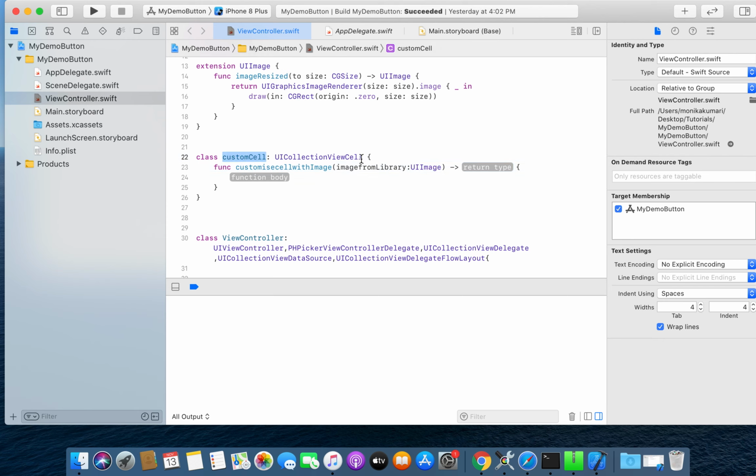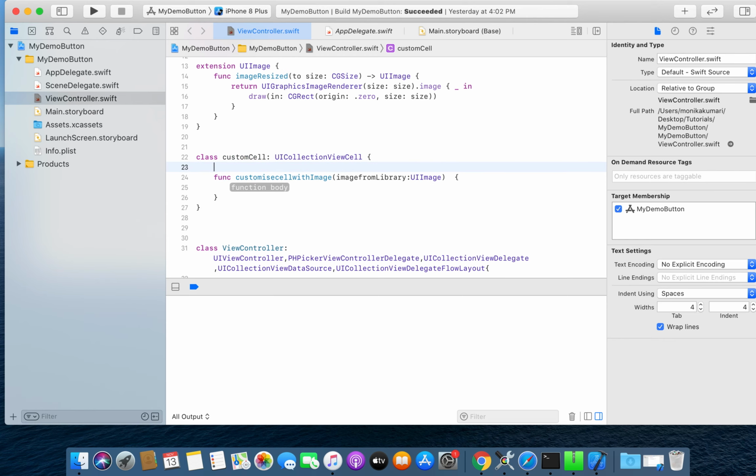So I will send the image from library to this custom cell from cellForRowAt indexPath, and I will not have any return type. Now one more thing I need to do is go to the Main.storyboard file,